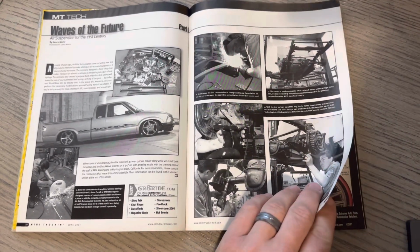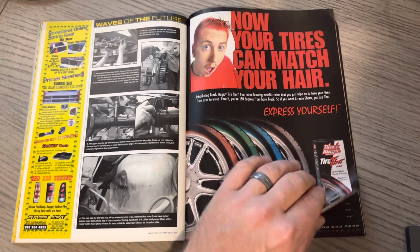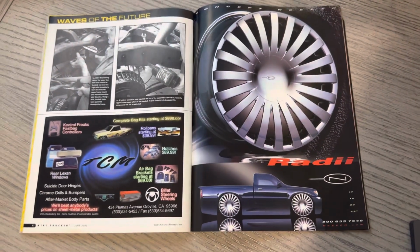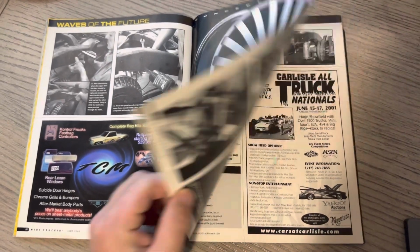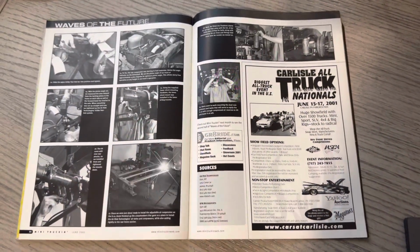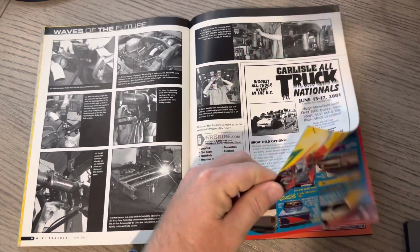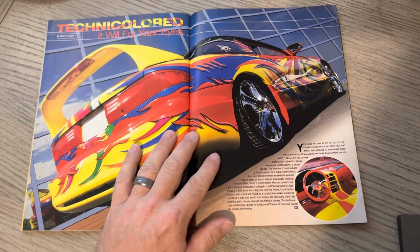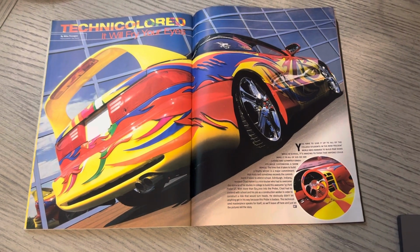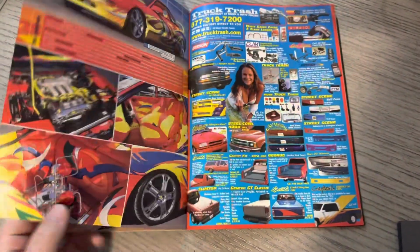Here's a cool bag job on an S10. But certainly it's cool to look back at these because it brings back memories of trucks or a photo that I remember seeing in here. This one's going at a little bit steadier pace. I think we'll probably get to some of these that are Technicolored, it will fry your eyes, so something a little bit different here. Maybe not everyone's cup of tea, but again, they were trying to